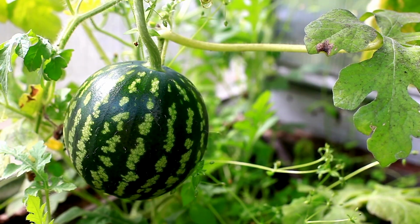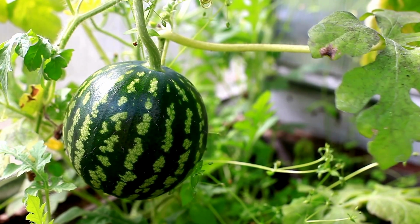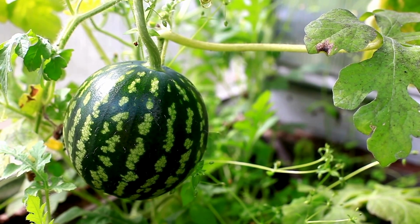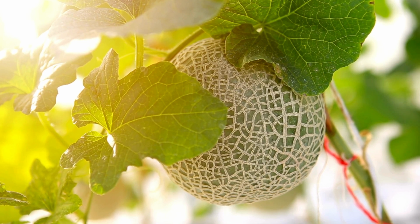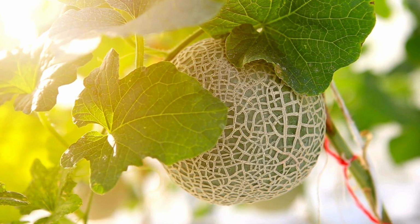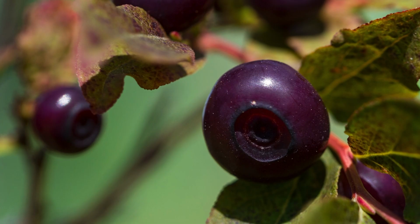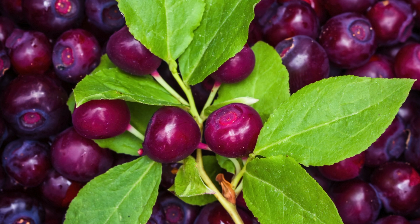Now, do I have examples of annual fruits? Absolutely. Some annual fruits that you would want to grow, especially if you're a new gardener, would be watermelon, cantaloupe, honeydew, huckleberries. Those are all annual fruits that you can start growing today. They're all warm, loving plants, so wait until well after your last frost date to put those in ground,